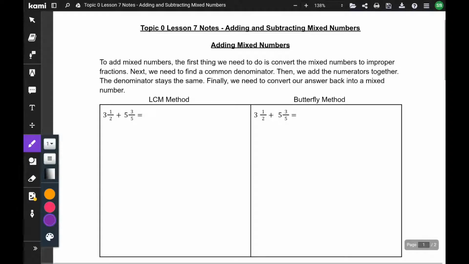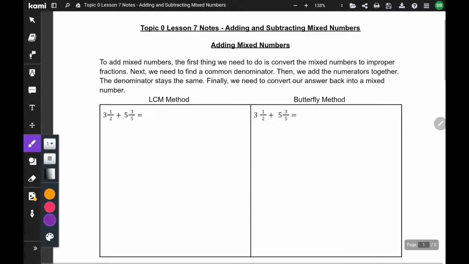Hello, today we're going to talk about Topic 0, Lesson 7 notes, adding and subtracting mixed numbers. To add mixed numbers, the first thing we need to do is convert the mixed numbers to improper fractions. So the first thing I'm going to focus on here is taking this 3 1/2 and converting it to an